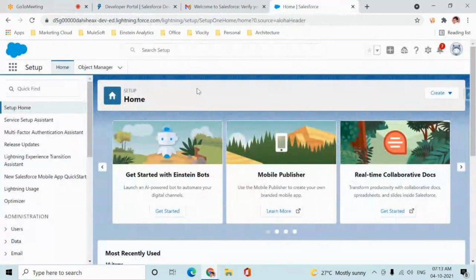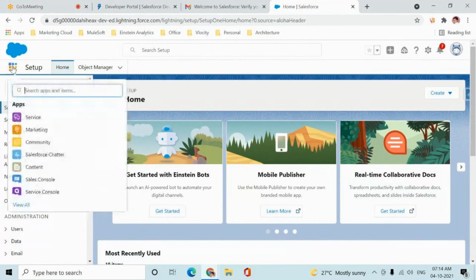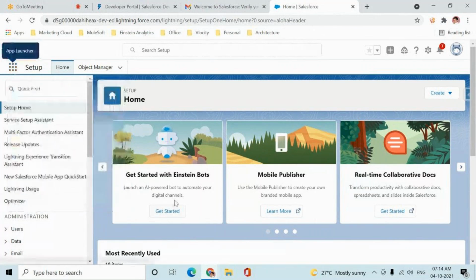But Ram, what if I'm an end user? I don't know what Salesforce is, so how does it look for me? So when an end user logs in, it will directly take him to an application where we have allowed him the access. So now, okay, end user, you're saying that he will by default log into the application. Then how do I log in as a system admin? So here there is something called app launcher. Okay, so if you click on that nine dots, it will show you the list of applications.